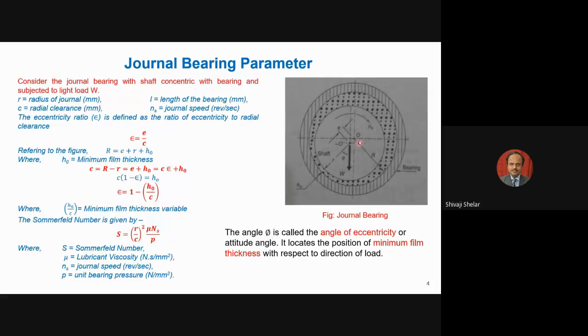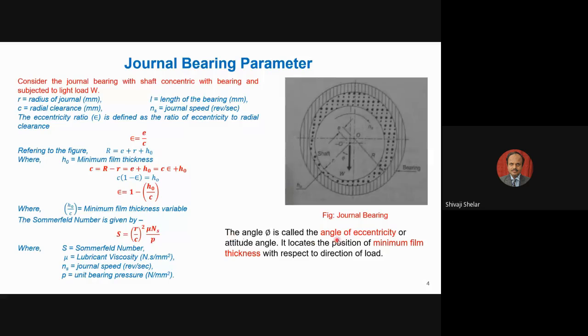Now, if you look at this diagram here, your radial load W is acting at the center line of the shaft, and this load makes an angle with the minimum film thickness point. If you plot this line here, this angle is called the phi angle, and this angle is very, very important in the design or selection of the bearing, because it decides the stability of the bearing. Otherwise, your bearing becomes unstable, and then your shaft will start vibrating. To avoid vibration, this angle has to be appropriate.